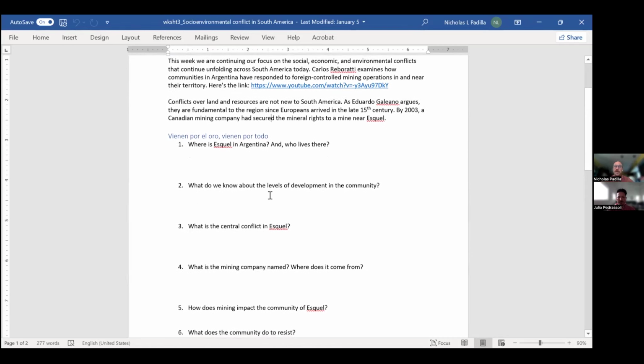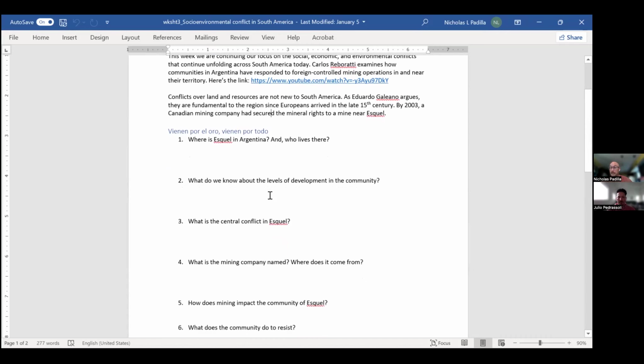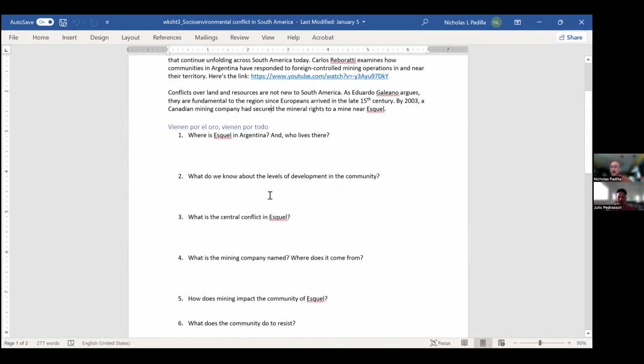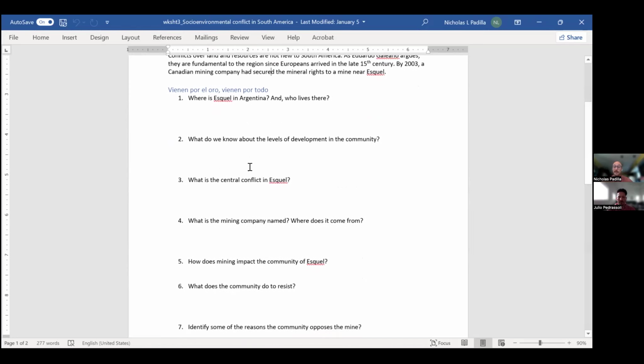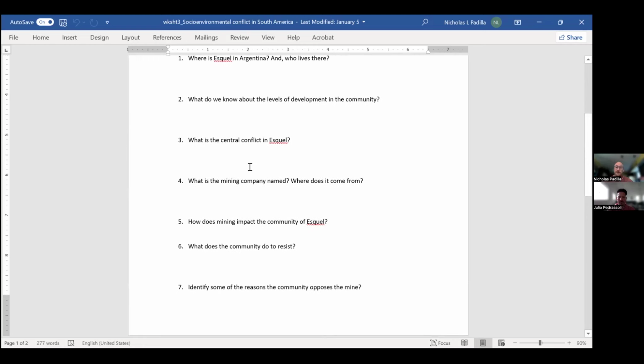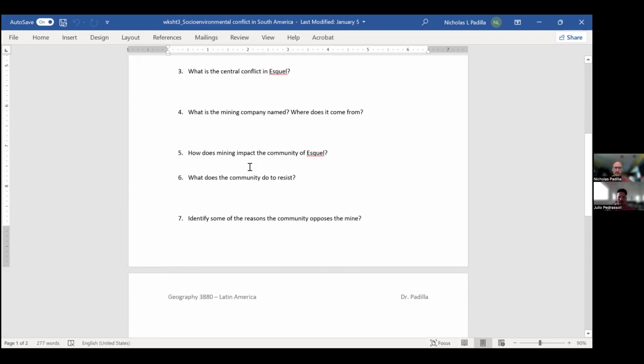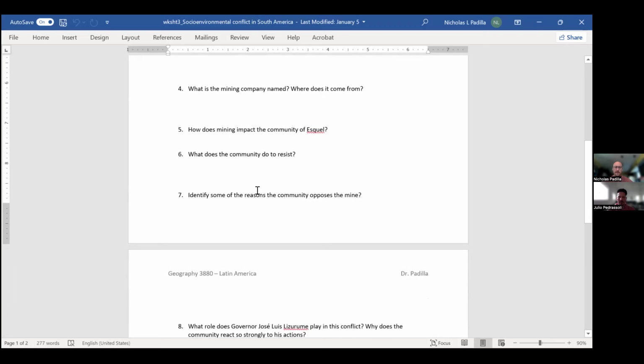So I get the students to engage with what Esquel is like as a place, who lives there. They have to do a bit of surmising. They really have to pay attention across the video to get a sense of what this community is like. It's very far from the capital. It is in southern Argentina. It is kind of a tourist town, and it is relatively isolated, and relatively underdeveloped within the Argentine economy. I asked them to think about the conflict and what's going on here. Sorry, the formatting's a little goofed up here. You see there's some spaces I'm missing.